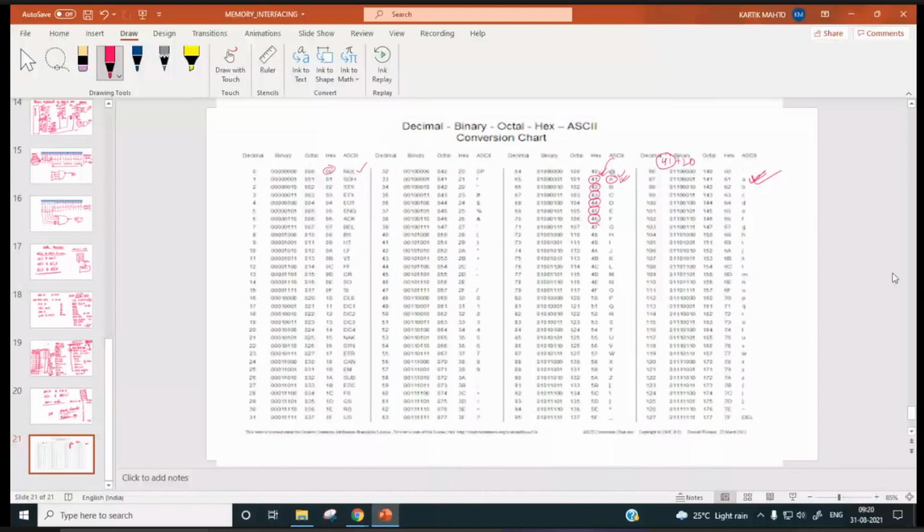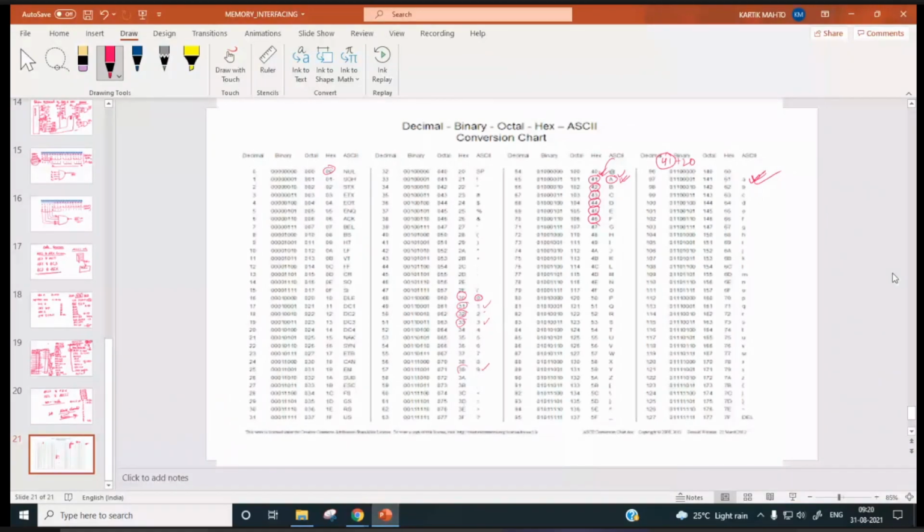The corresponding hex value is this, but here we have ASCII. Here you can see 0 is there and the corresponding ASCII code is 30. 1, 31, 2, 32, 3, 33. So 9 is 39.